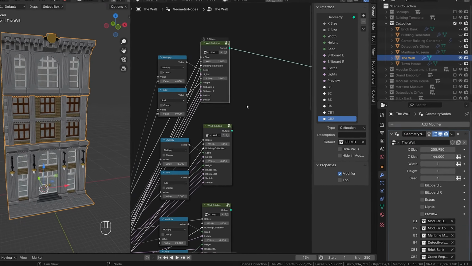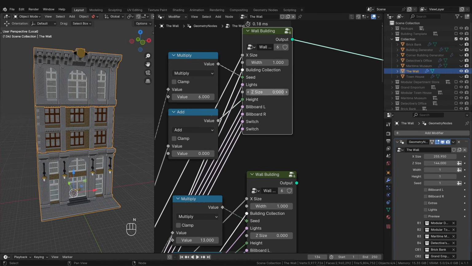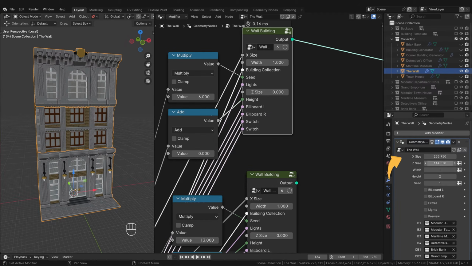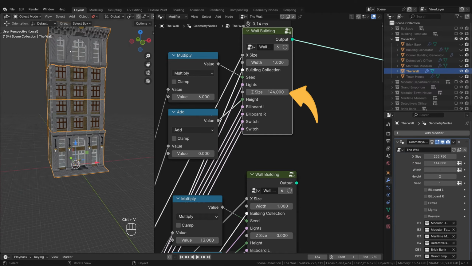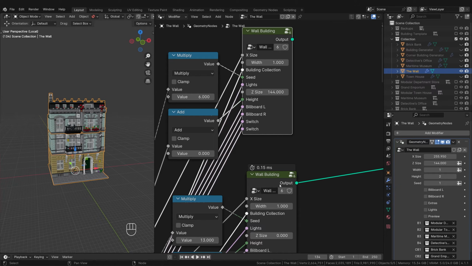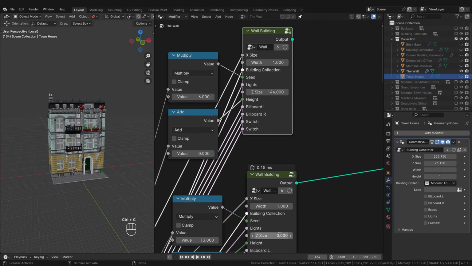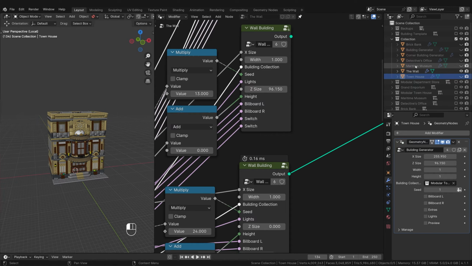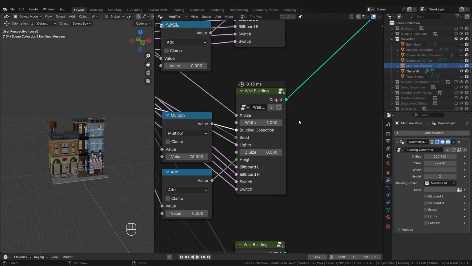Next, we need to set the appropriate Z size for each group. To do this, set the height to 2 and find the right value. For the first building, it's still this one. When we connect the output to the next building, we can check whether we are doing everything correctly. We can pin the current node tree up here, then it won't disappear when we select another object. So we can simply copy and paste the Z size values from the other buildings by selecting the building generator objects here, provided you set it correctly when you created them.